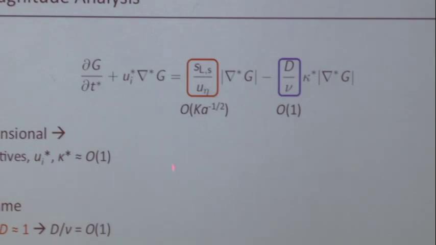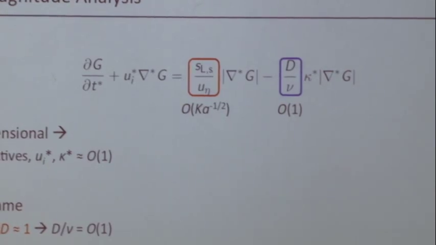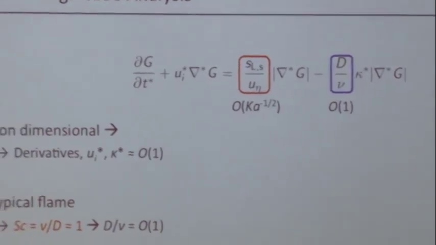And then if the Karlowitz number gets very, very large, this is in the thin reaction zones regime, this means then this factor gets very small, this term is very small, and this term stays order 1. So in the thin reaction zones regime, it's this term that's the most important one. Okay? So if we just say, okay,